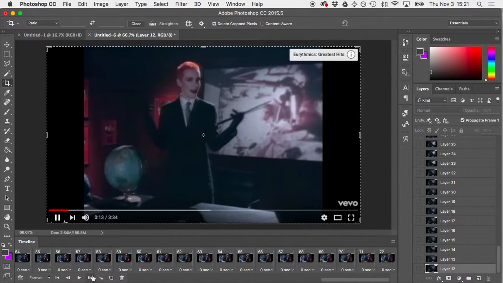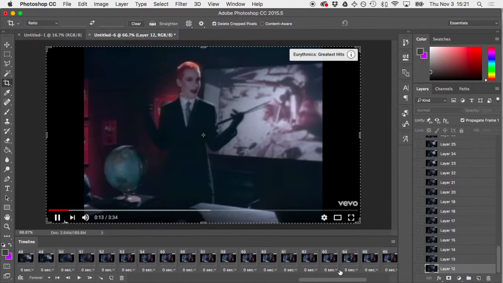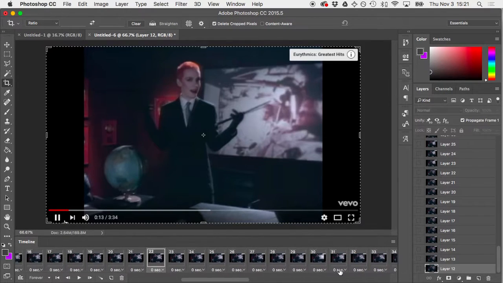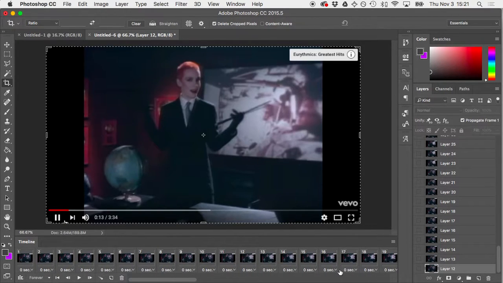So that's how you get the video into Photoshop. The next thing you may want to do is start cutting pieces away or looking for content that you can then use